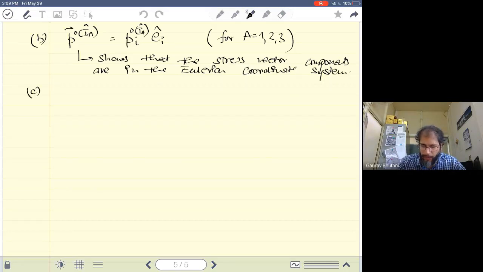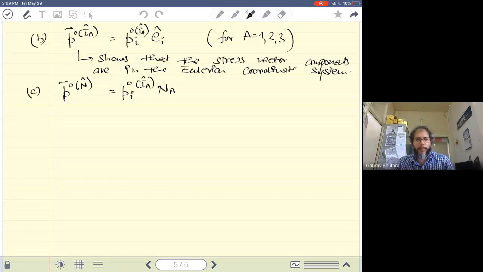The third property of P naught is, if you remember, for the traction vector earlier as well, we wanted somehow to write the traction vector for an arbitrary plane. In this case, the arbitrary plane is capital N hat, and we can write this in terms of the P naughts defined for three coordinate planes in this way. This is very similar to the equation T n hat was